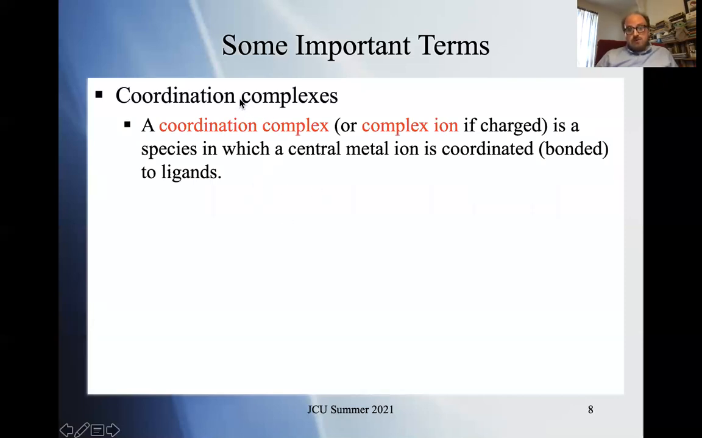All right, so the first is a coordination complex, or complex ion if it's charged. And that just depends on the circumstance in terms of what the charge is. It can be neutral, it can be positive, it can be negative. And that basically, in all of those cases, is some species where a central metal ion is coordinated to what we call a ligand. Now, in terms of the terminology, coordinated is generally the term we use in this area of chemistry to mean bonded,